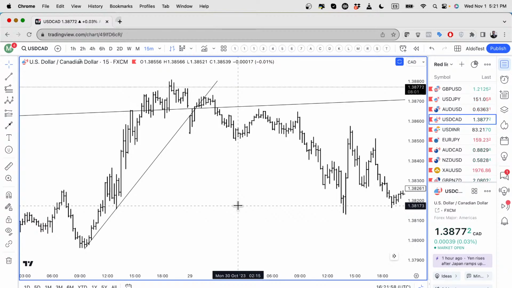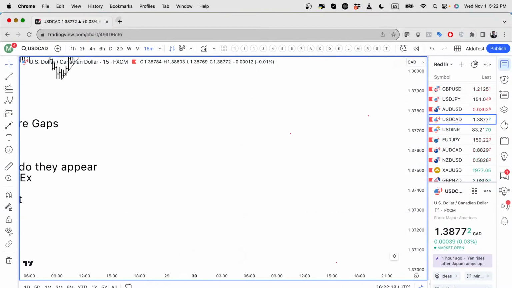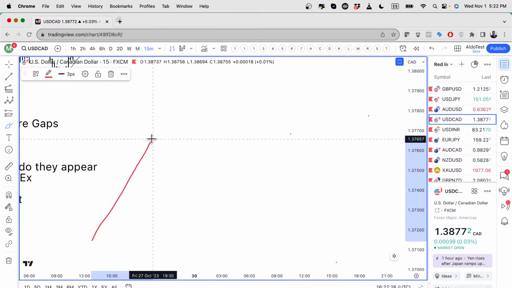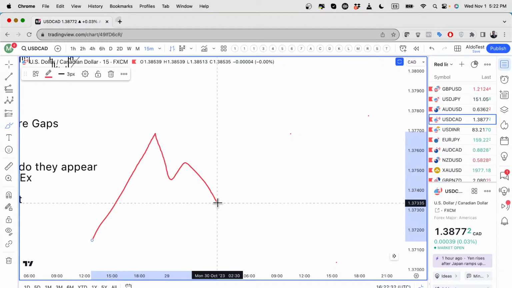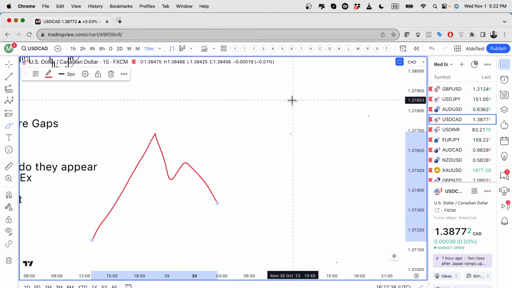All right, so let's see. The next one is, can we assume the context same for ABC correctives as well? Well, it doesn't matter if what happened was an ABC. Let's put it this way, okay? Let's try that specific scenario that you are talking about. Let's say that trend was up, okay? Trend had been up for whatever amount of time, and now we have an A, B, C. Well, what matters now is that the next trend will